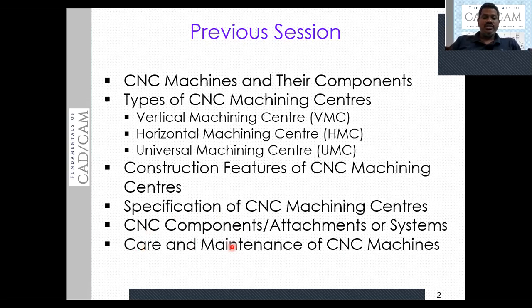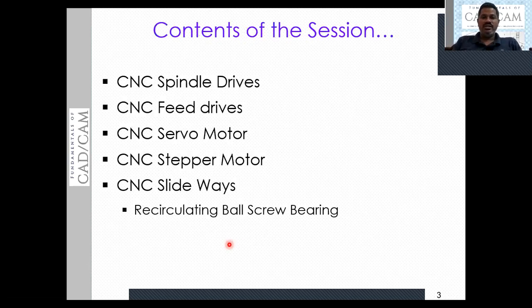Then we need to wash away all the chips. The environment must be clean, and the temperature maintained. We have seen all this in our previous session. Let me move forward to discuss the contents of this session.